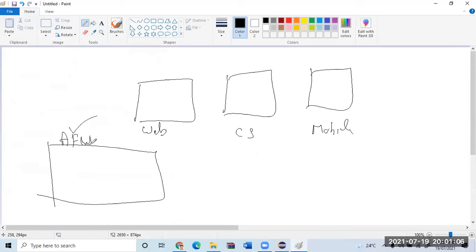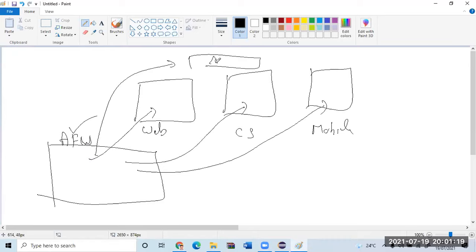They will design an automation framework in such a way that it will support web application also. This will support client server also. This will support mobile also. In case you're doing middleware testing in between, API, this will support that too. But what they will do is, for web, they may use Selenium.